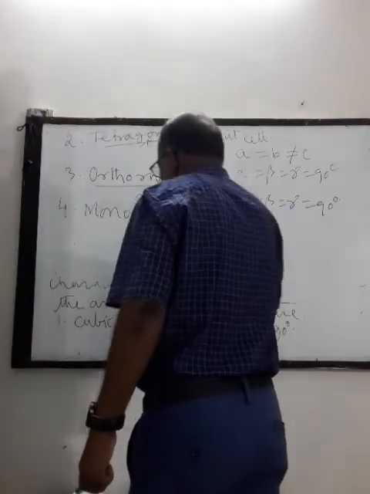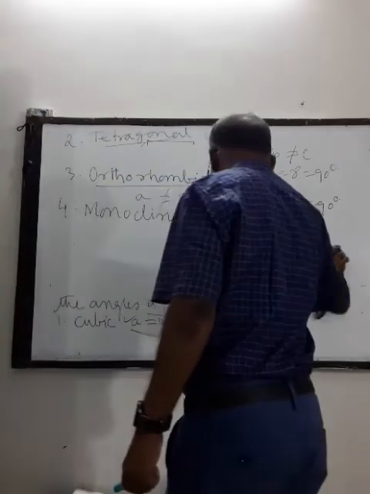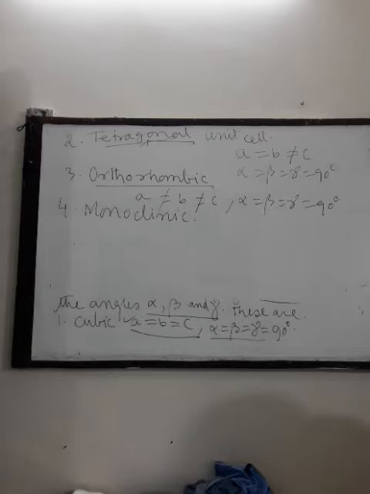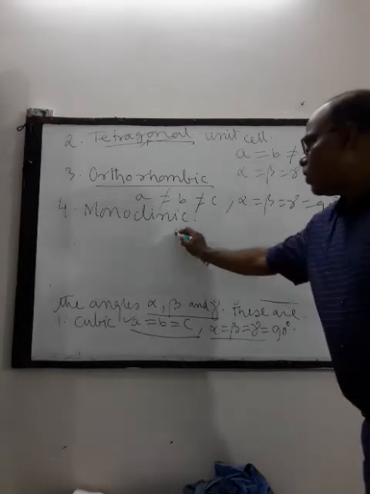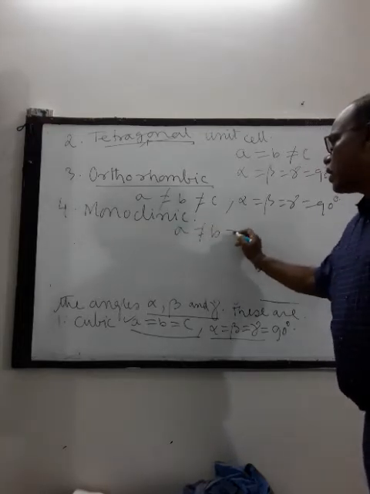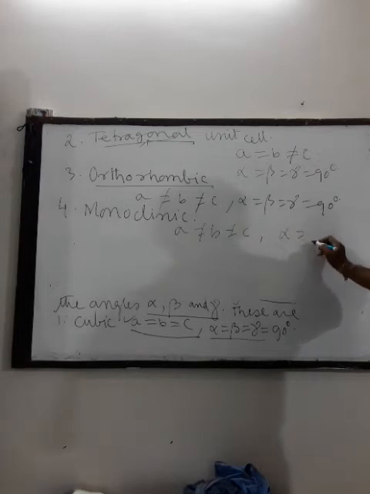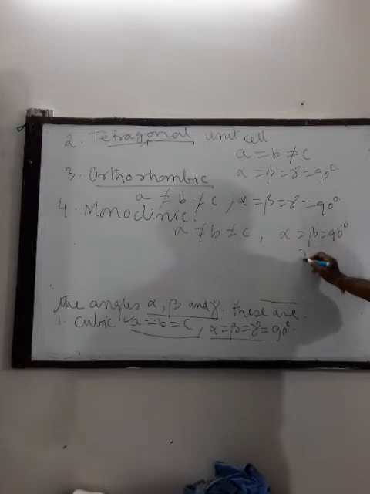So for monoclinic unit cell, all sides are different, and two angles are equal and equal to 90 degree, and the third angle is not equal to